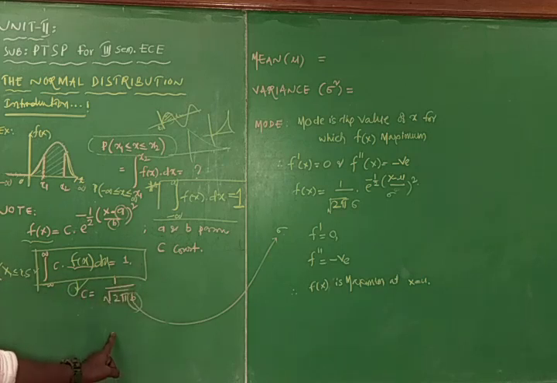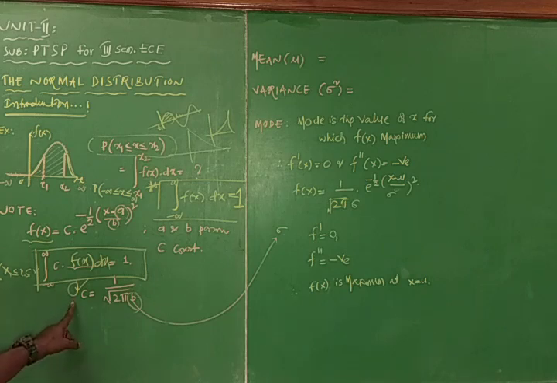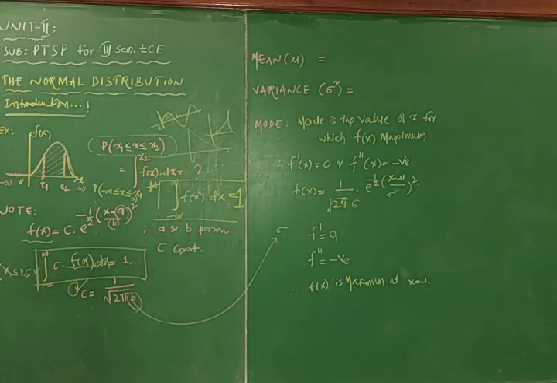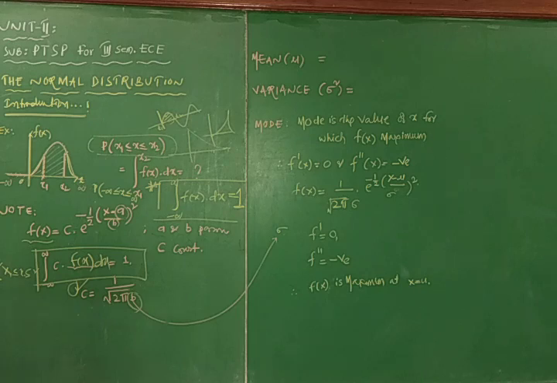Likewise, we can calculate the c value. C is equal to 1 by under root 2 pi into b, where b is separate, not under the root. That is nothing but the constant from the density function f of x. So the probability density function is defined as f of x equals c into e to the power of minus 1 by 2 into x minus a by b whole square. A and b are the parameters, c is a constant, and c is given by 1 by under root 2 pi into b, and this is about the